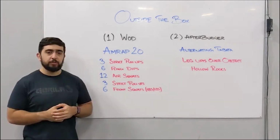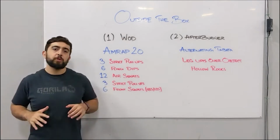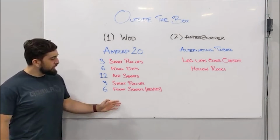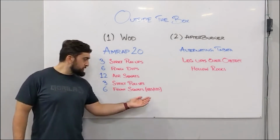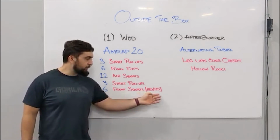After that, those ring dips, guys, you can always use chairs or anything to kind of get yourself into that ring dip position. You don't have to have rings. Air squats, no equipment needed. Front squats at the end, they're meant to be really heavy, so the 6 reps here at 185 and 125